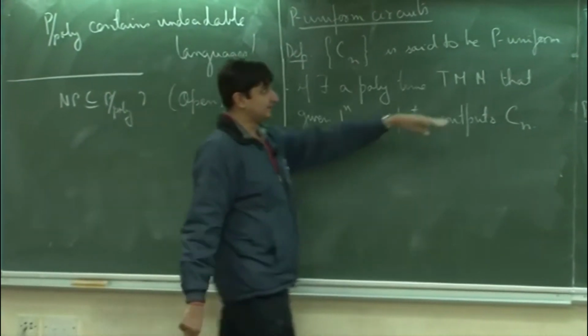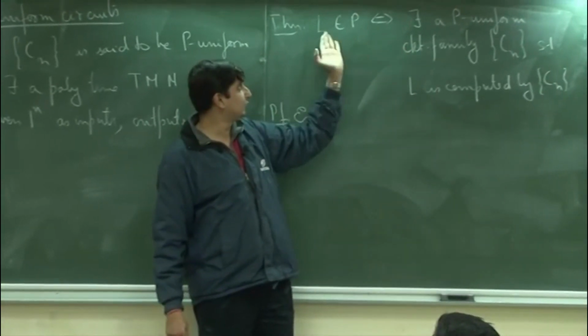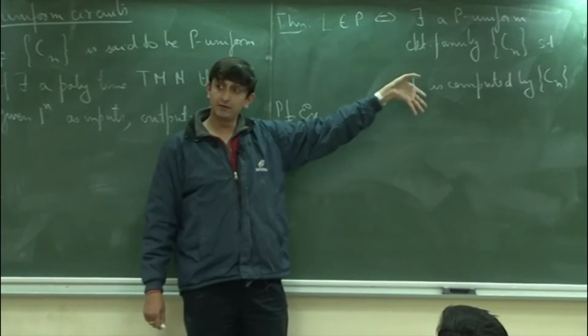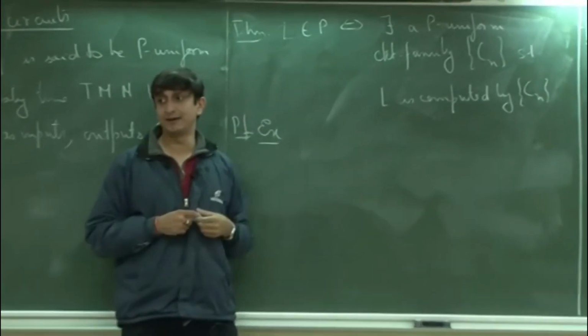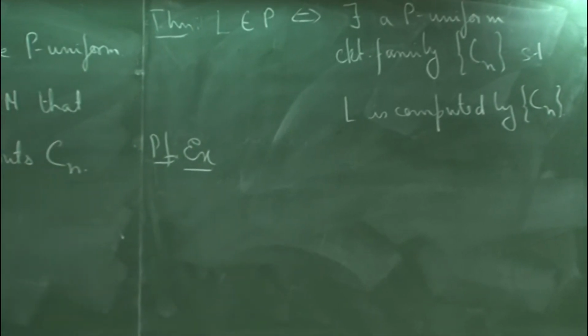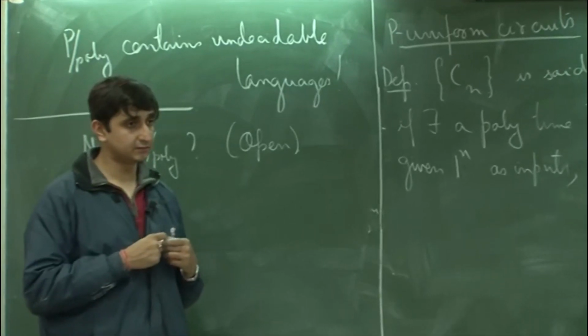So that is basically what this means. It is exactly those languages which are in P. So, not only can the Turing machine compute them, it can compute them in polynomial time. So this is kind of a drastic restriction, but we can't help it. Okay, any other questions?